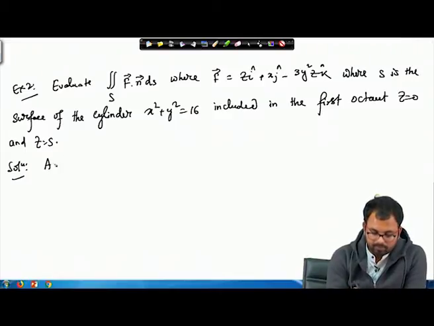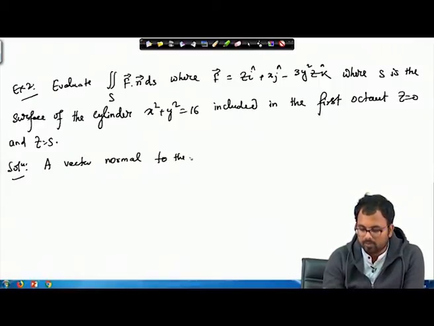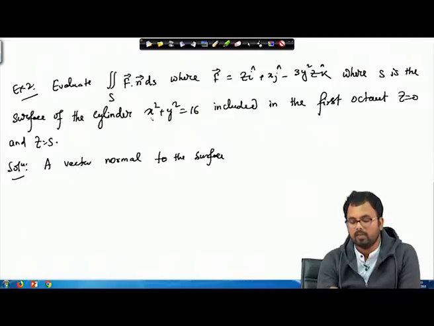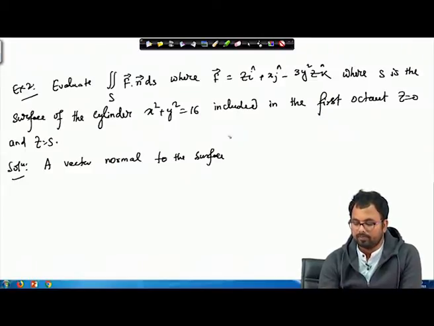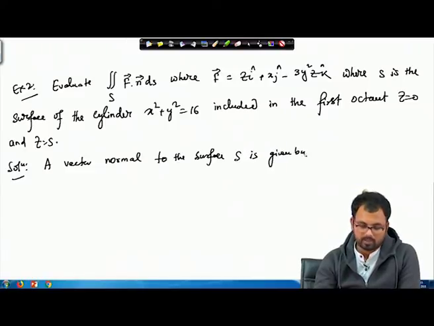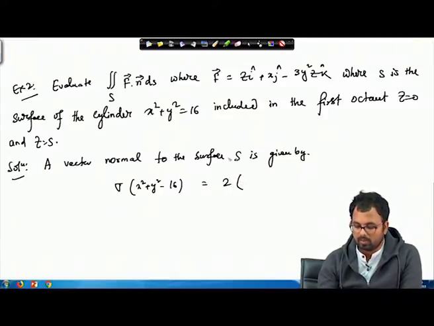So a vector normal to the surface. If you remember, yesterday we basically calculated the gradient of this x square plus y square minus 16. That's our given surface. So a vector normal to the surface S is given by gradient of x square plus y square minus 16, and this will be 2 times, this is basically x i plus y j. Yes. So this is the required